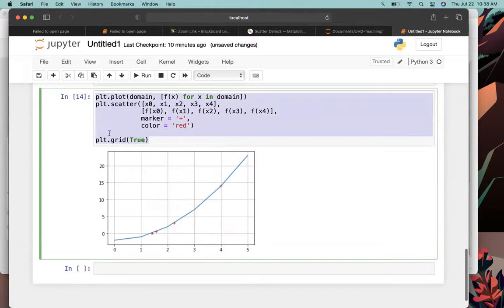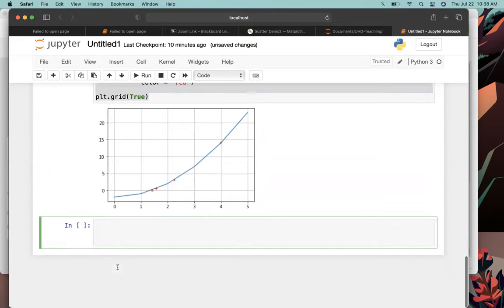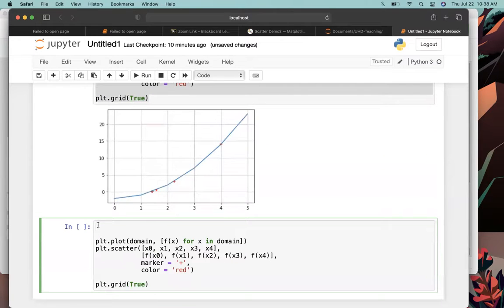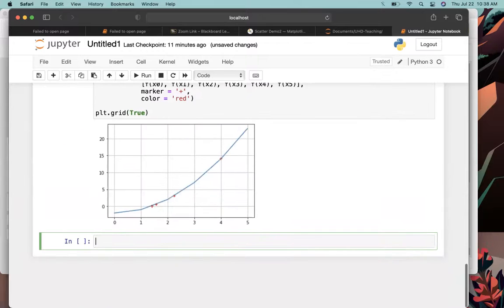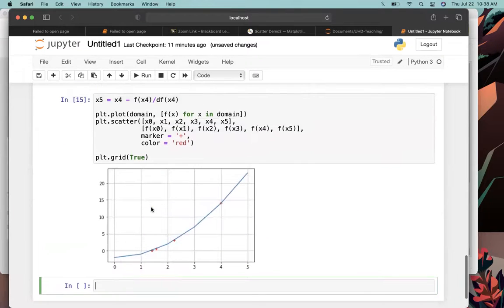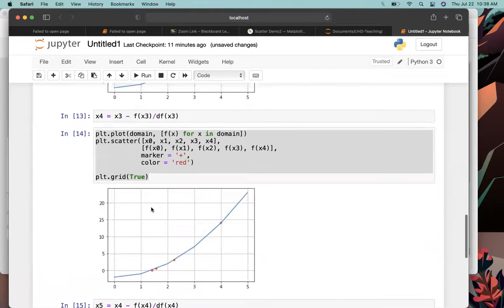I'll do this all in one go. Paste that, and then up here I'll say x5 is equal to x4 minus f of x4 divided by df of x4. And then I'll put x5 in here and see what happens. Yeah, they're just jumbled up now. It's not even moving. So, okay, well,